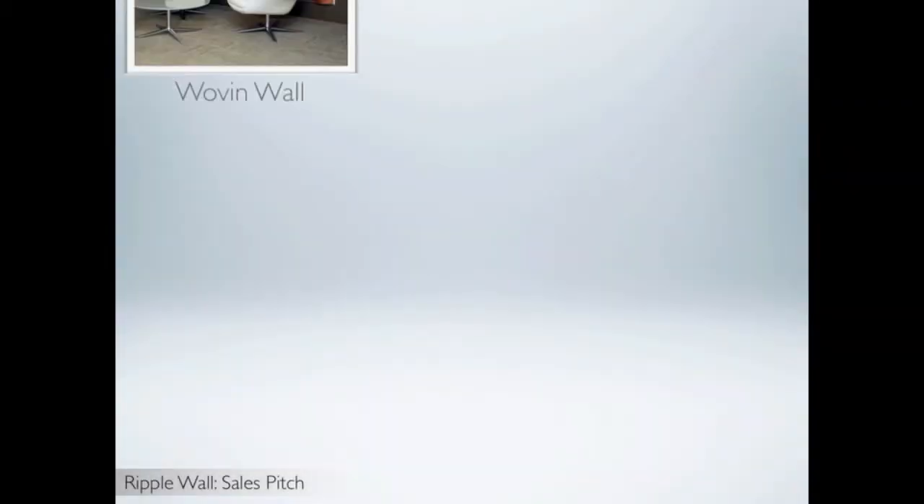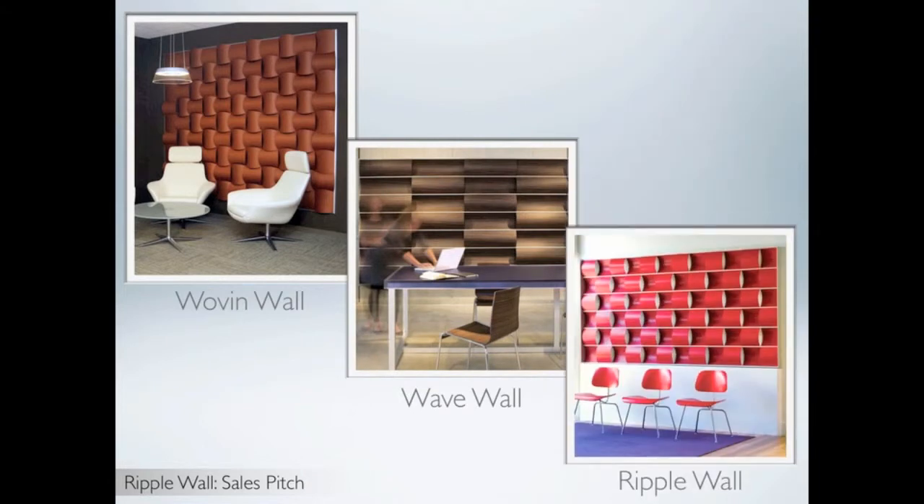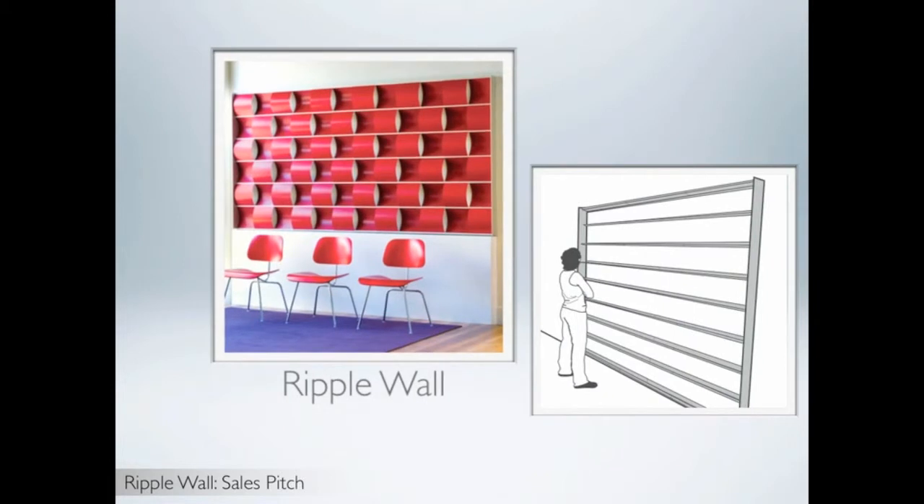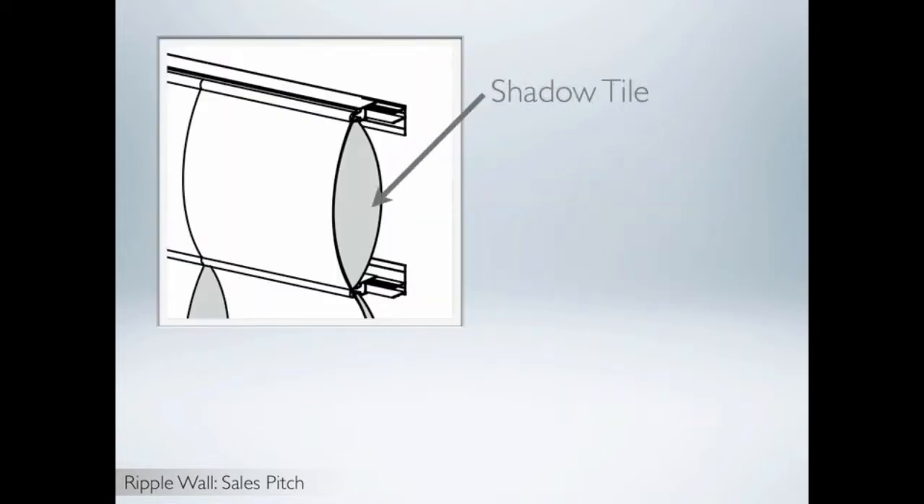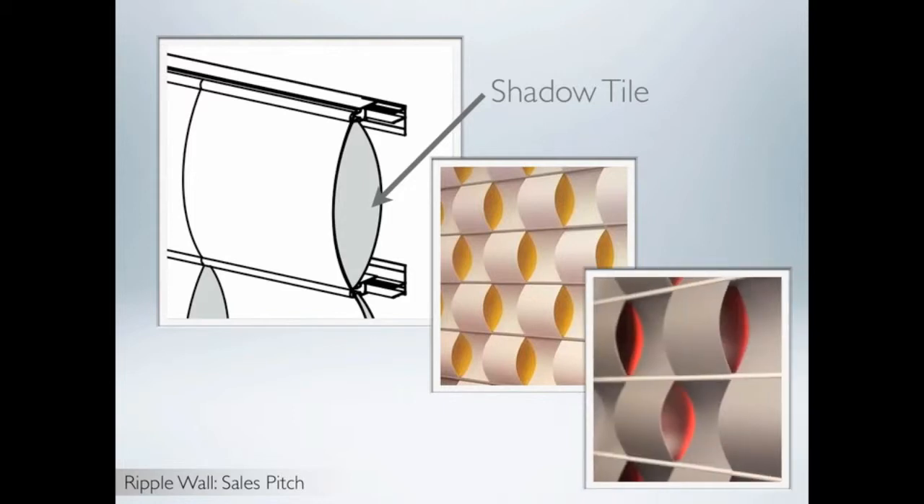Ripple Wall is the final wall feature in the woven series of products. Ripple Wall uses the exact same hardware system and material choices as Wave Wall and has a similar look, though the tile is not as wide. The difference between Wave and Ripple Wall is the inclusion of a shadow tile. For each convex ripple tile, there is a corresponding concave shadow tile behind it. This shadow tile can be complementary color to the ripple tile, or you can provide more of contrast using the